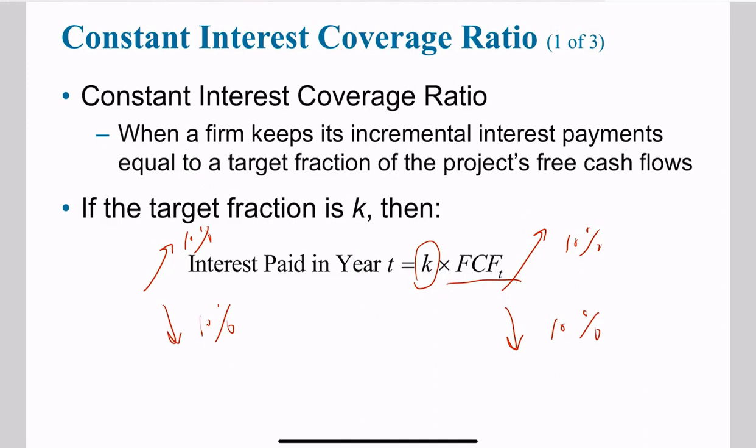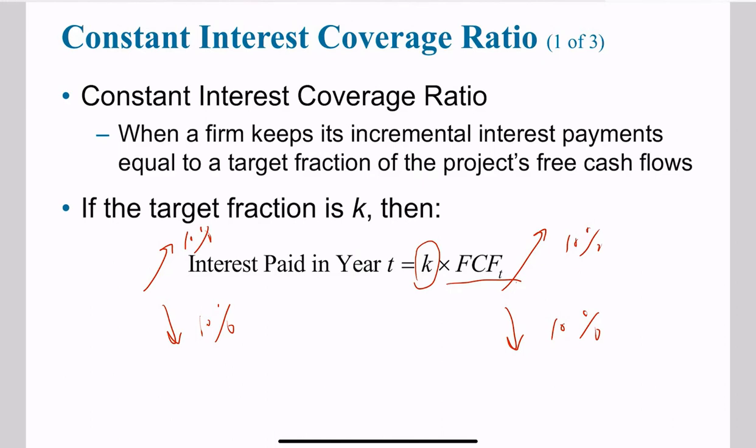So again, the variation of the interest payment is the same as the variation of the firm's free cash flow, which means the risk of the interest payment is the same as the firm's free cash flow, which means the risk of the interest tax shield is the same as the firm's free cash flow. So if you use unlevered cost of capital to discount the firm's free cash flow, then you should also use the unlevered cost of capital to discount the firm's interest tax shield if the firm maintains constant interest coverage ratio,